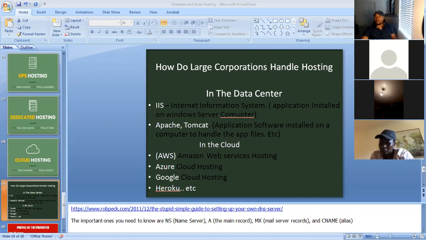Once they determine that those things matter, then they'll go ahead and put a data center in that specific country. But the reason why they put those data centers is because most governments want to basically